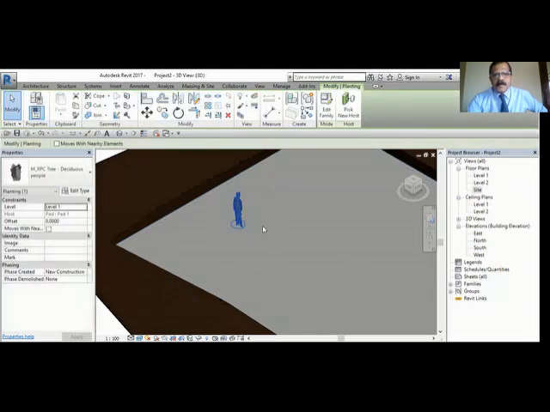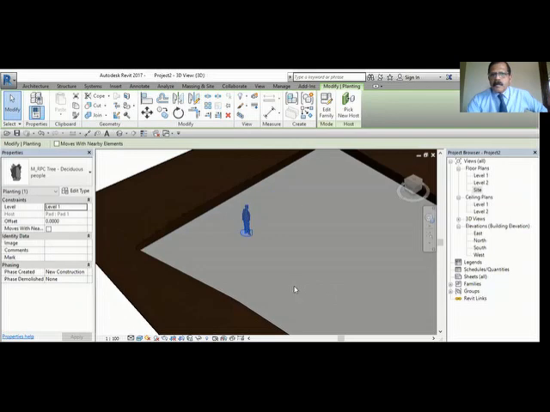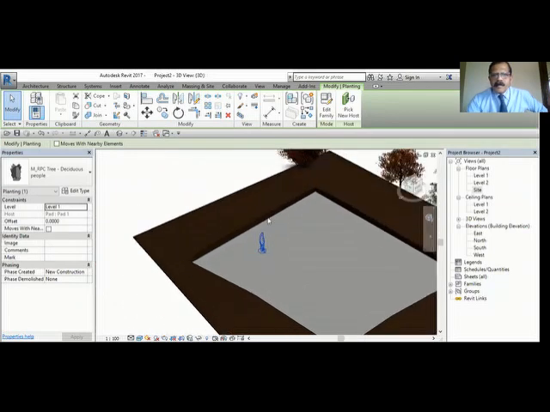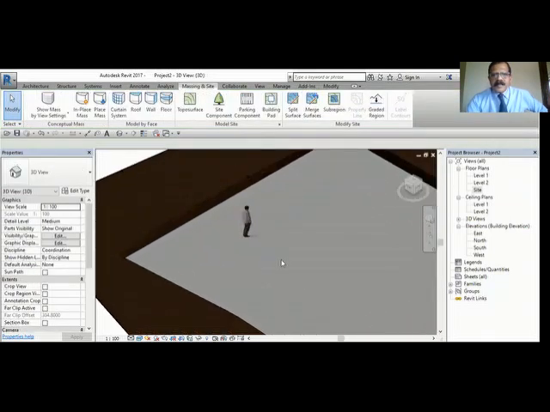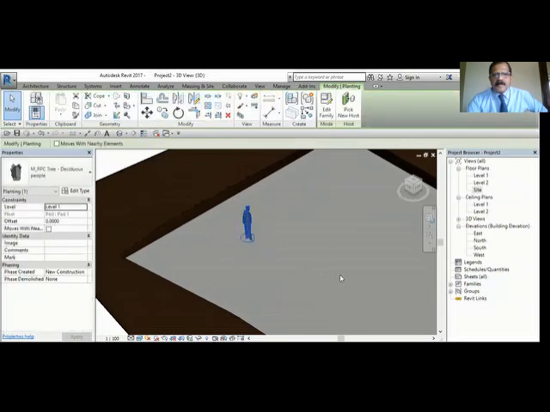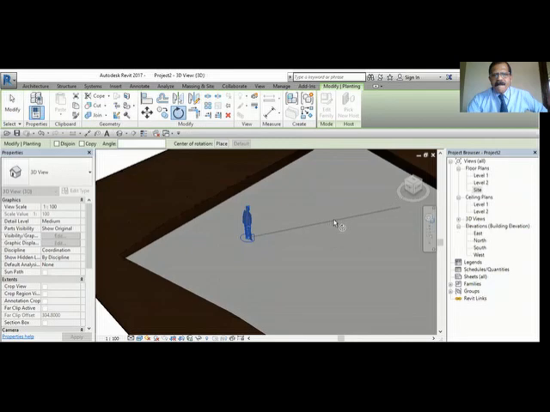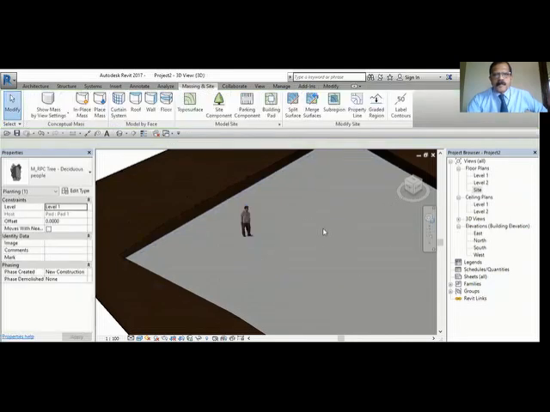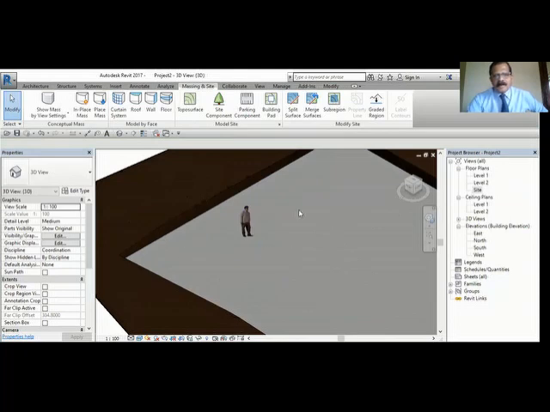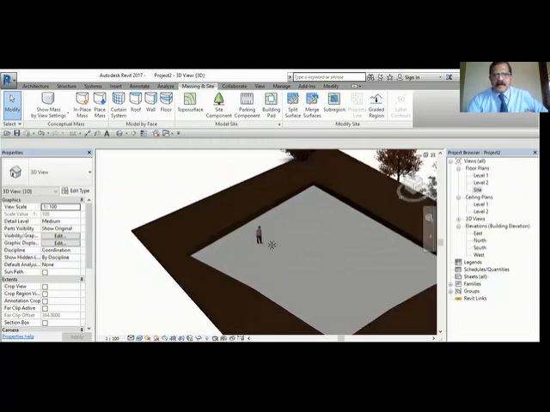See, it is looking the other side. You can select that and rotate it. You can rotate again. You can rotate a view from any direction.